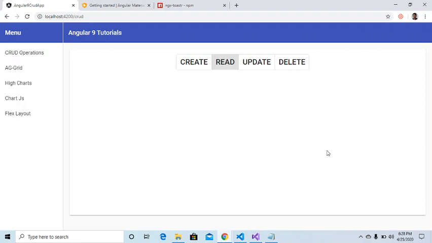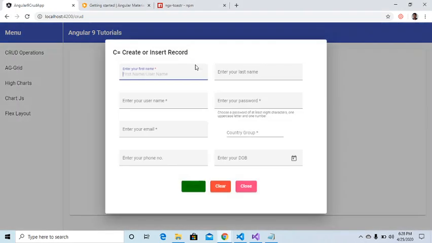How to create an application which has CRUD operation involved in Angular 9, and it will be using RESTful services. Okay, so we will use a RESTful service, we will use an Angular project and create the application. Without wasting much time, I will go and show you what you are going to learn.